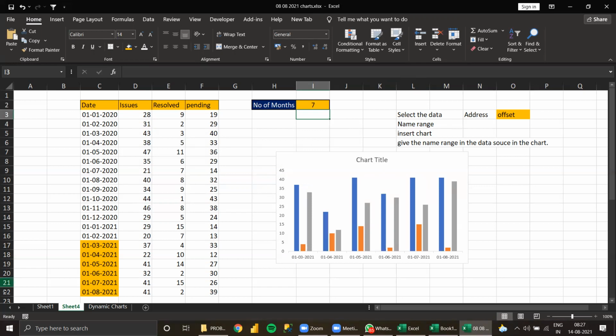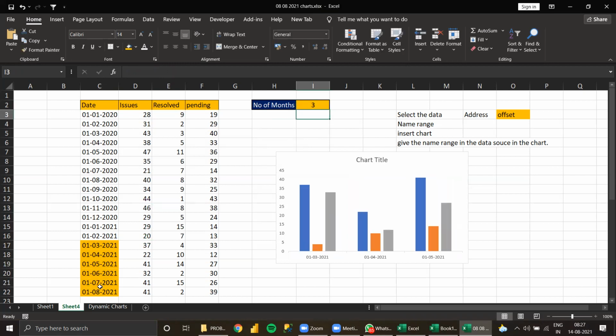Whatever, last 6 months you need to take, here you need to take last 7 months. Suppose when you see 3 months, it is taking the last 3 months, so from here 3 months it's taking. So I need to, from the last, take it like this.